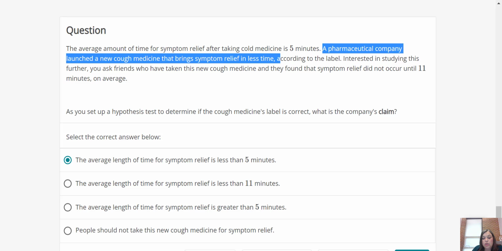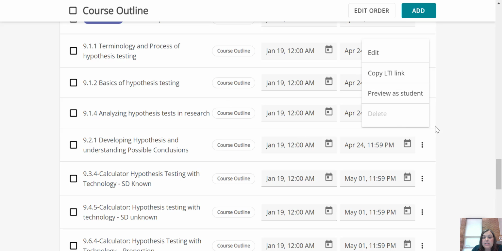The claim is usually reflective of an inequality. So in this case, less time. So we choose less. Had it been more time, we would have said greater than 5. And then sometimes they'll give you words like different, and then you would say that it's different than 5 or it's changed from 5. Anyway, so this whole section is about identifying claims. The next section,